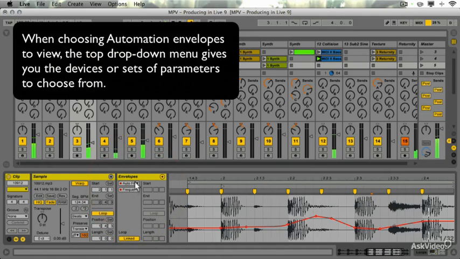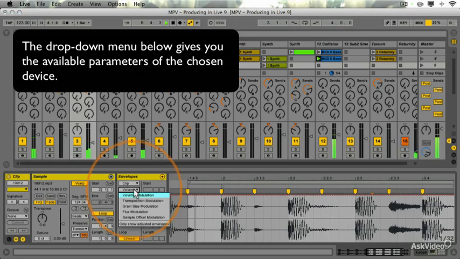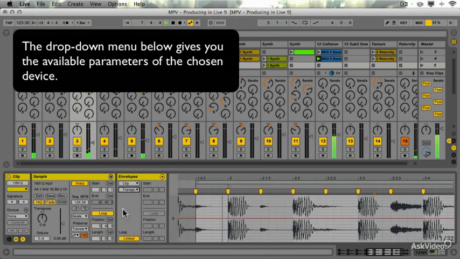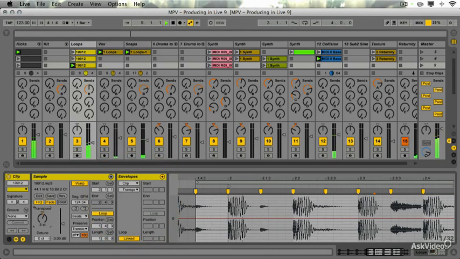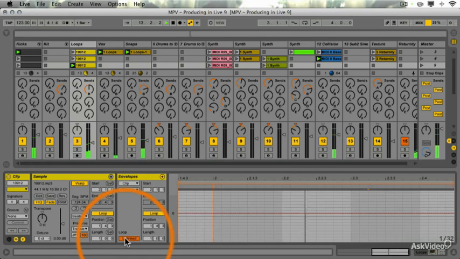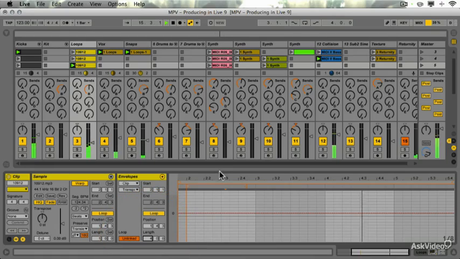In the clip parameters, we have transposition modulation. And you can hear what it's going to sound like by me changing the transposition there. And the 0 setting of the transposition automation lane corresponds to the current transposition setting. So I've unlinked the length of it. By default, the length of the automation envelope is going to be the same length as the loop itself, but you